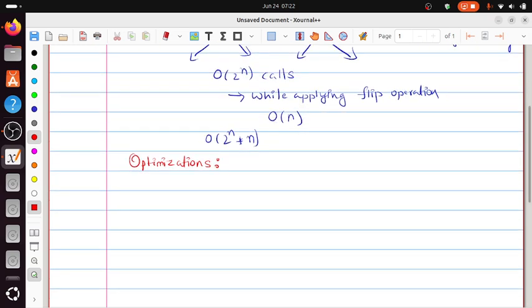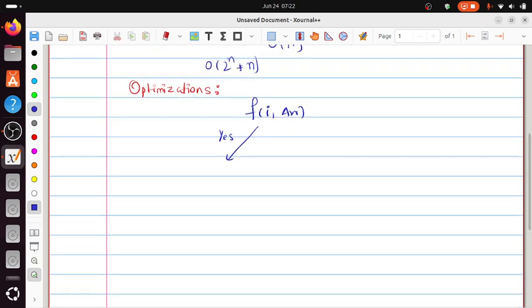Yeah, we can do one optimization. Let's say when we are doing a flip operation at I with the array, we took a decision to flip here. That means we don't need to go to f of I plus 1 instantaneously. We can instead go to f of j with the modified array,